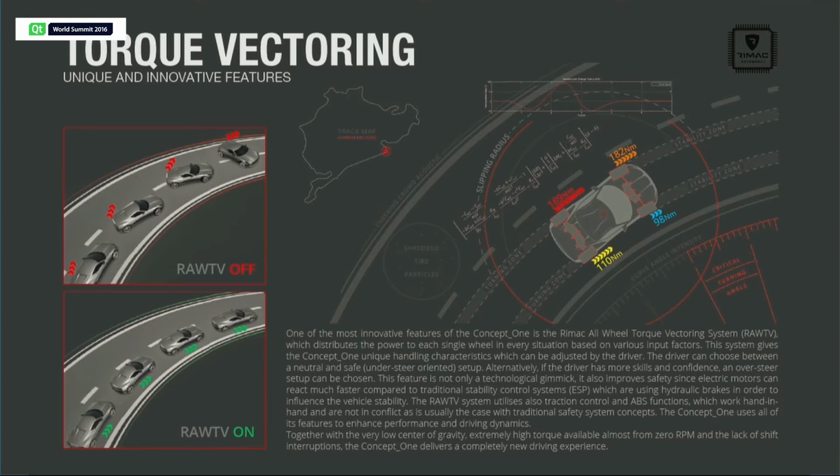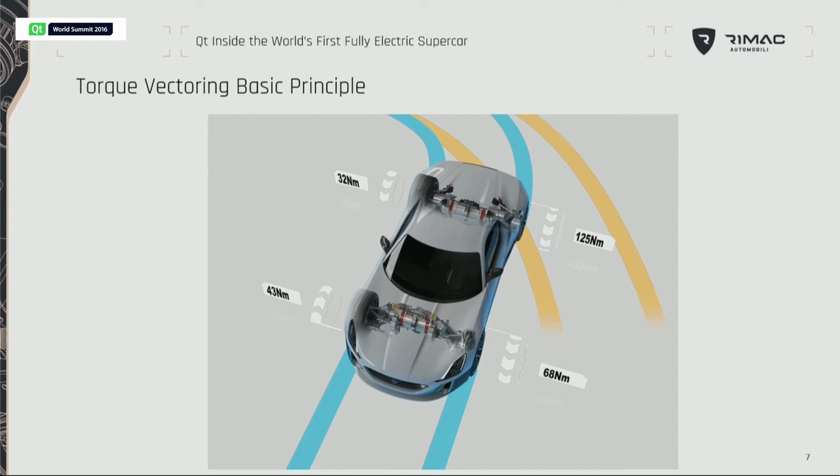So at one moment we can be a super sport beast, and another moment we can be a standard cruising vehicle that just glides through the streets. And so we are pushing this system forward and using it to get out of the motors every drop of power that we can. So for example, one of the main features of the torque vectoring is getting the car out of the curve